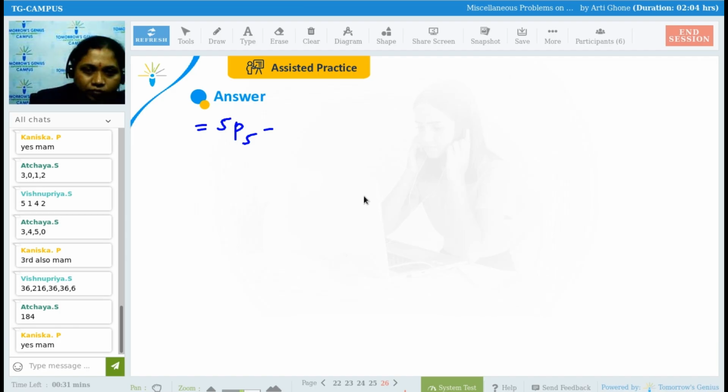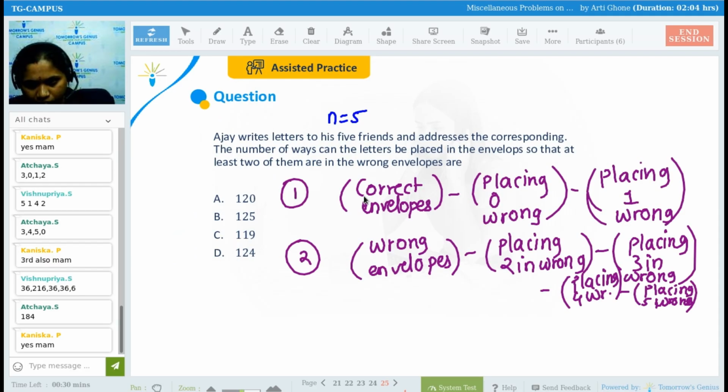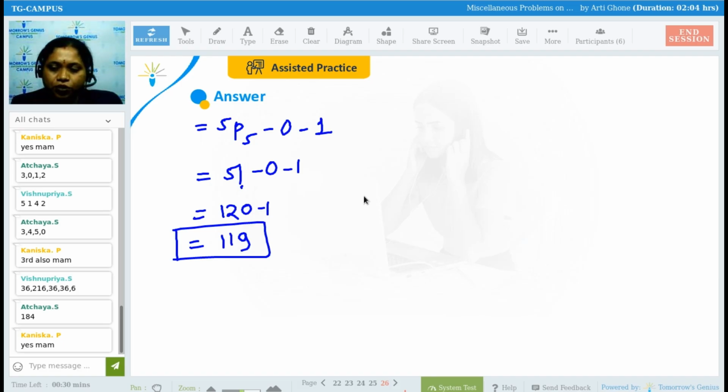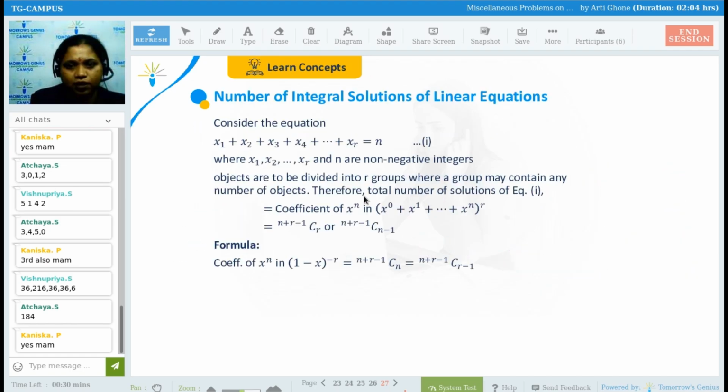Okay. So that will be 0, and only 1 wrong is only 1. So the answer will be 5 factorial minus 0 minus 1. So it is 120 minus 1. So it is 119 ways. Clear? Okay, understood? So how logical the question is? Okay, so you can directly put your answer as 119. Now next one,